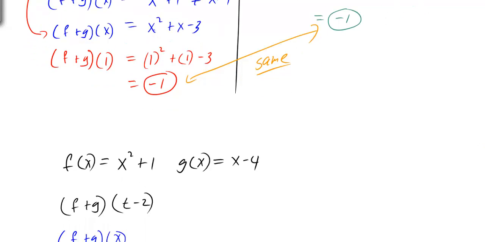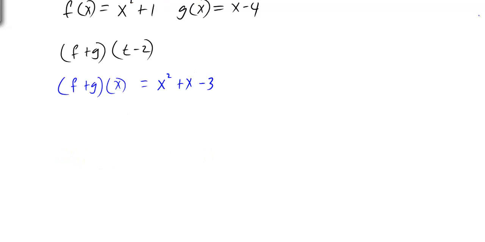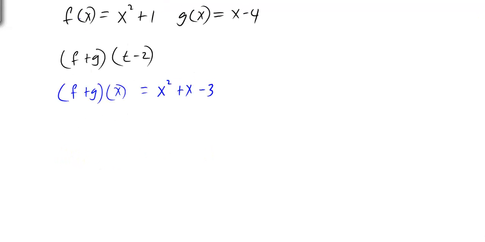So I'm just going to look at x squared plus x minus 3. There's no need to redo the work we've already done. So now, if we're looking for f plus g of t minus 2,